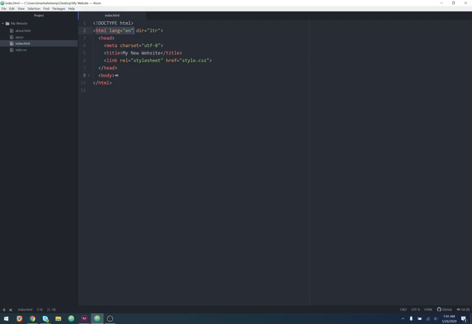So the main thing that you want to get into the head are the things that we've set up already, most boilerplates, or like in the last video I showed you how to just type in HTML and hit tab, and you get sort of the boilerplate head and body code. It's going to give you all the important things, so you need to declare the language. But in the head section, you need to declare the character set, which is UTF-8, from what I understand, includes basically all the languages in the world, so it's sort of a universal character set, and will allow you to put different things on the page, different